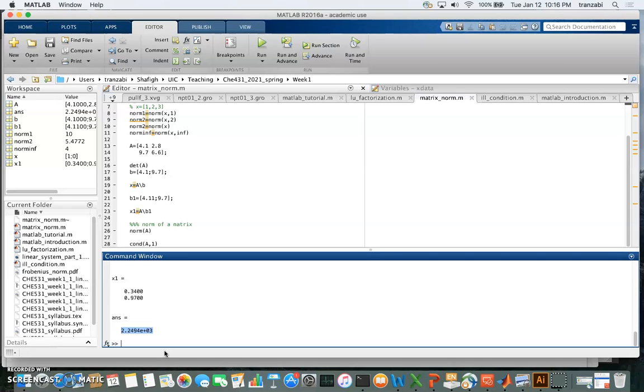Condition number has a minimum. For any matrix you consider, the minimum condition number is 1. You cannot find anything with a condition number less than 1. As the condition number becomes bigger and bigger, the matrix becomes very sensitive to perturbation. So 2000 is much larger than 1, and by looking at the condition number of 2000, I would say this matrix is very sensitive to perturbation,